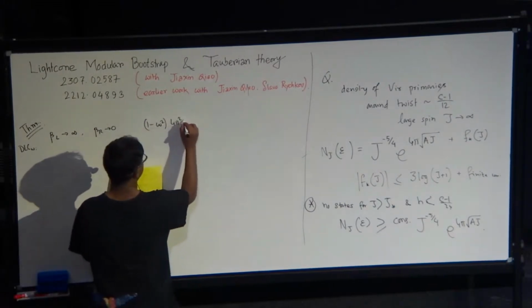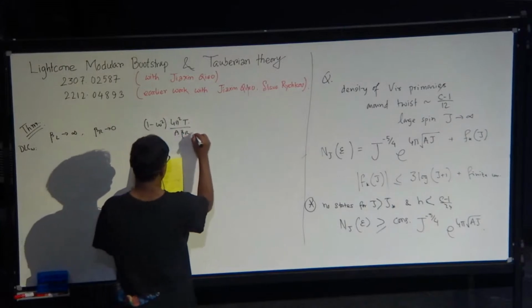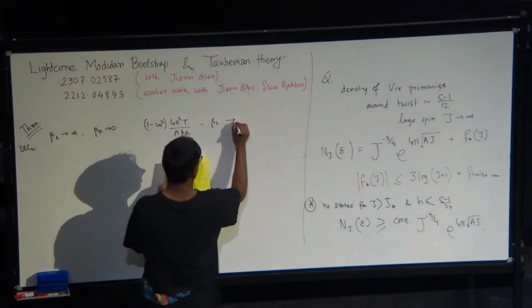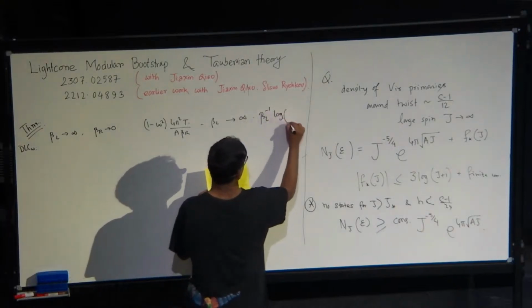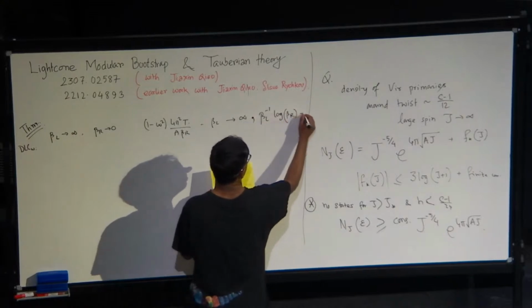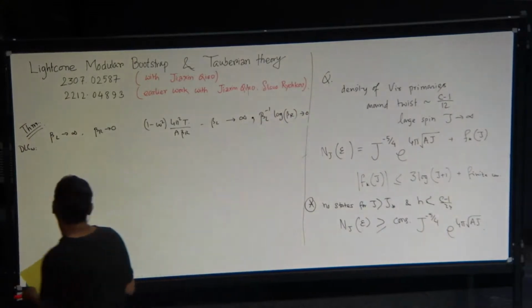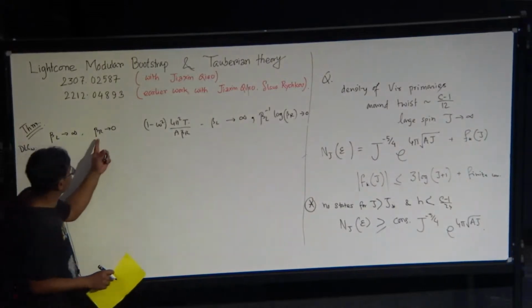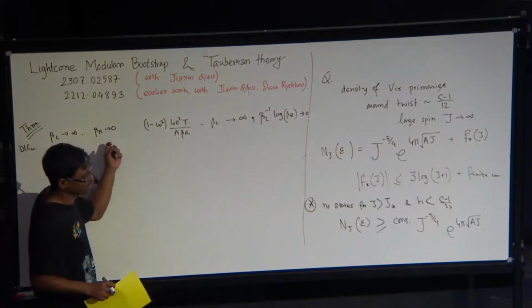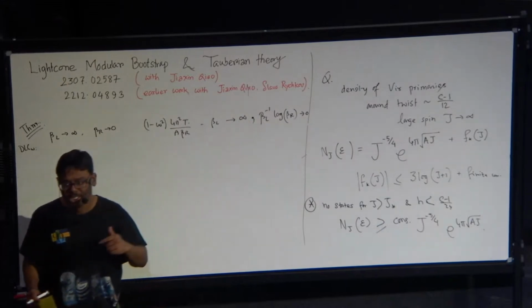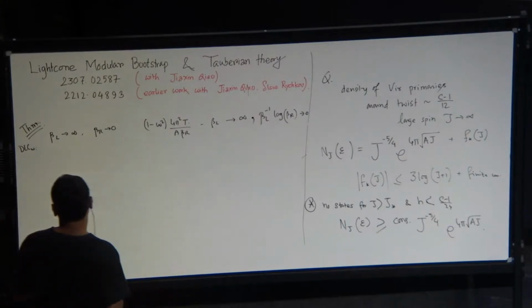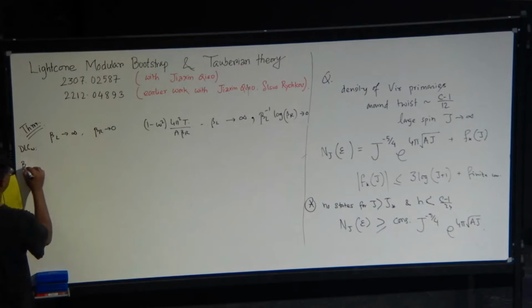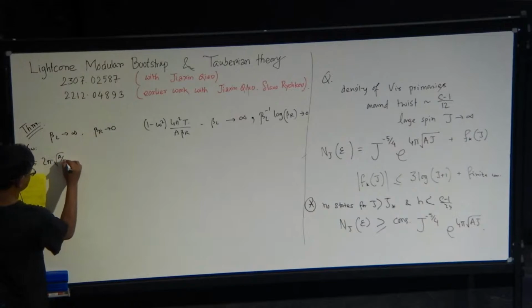4 pi square T over A, beta R goes to infinity, and beta L inverse log beta R goes to 0. And as I was saying, this beta R goes to 0, so it's like a statement in the canonical ensemble. If you go to the microcanonical ensemble, this beta R would be related to the spin. So we can also identify beta R, or declare it to be the definition, as this.